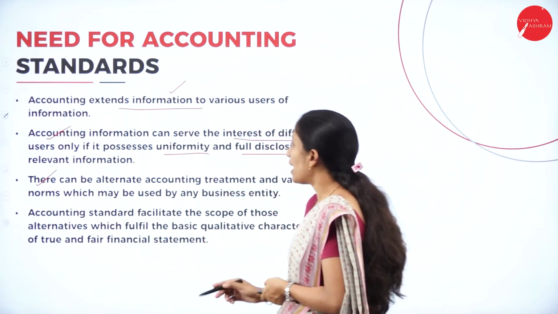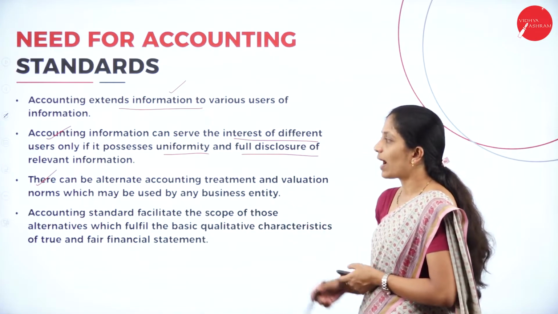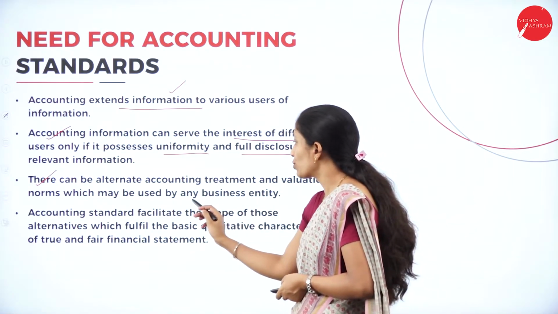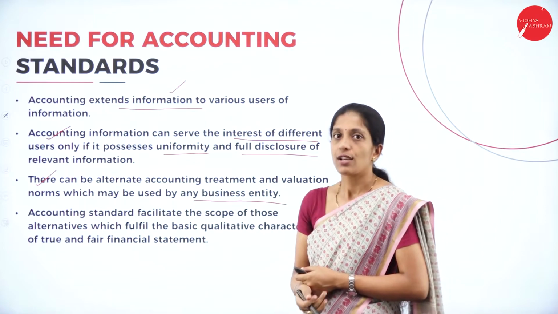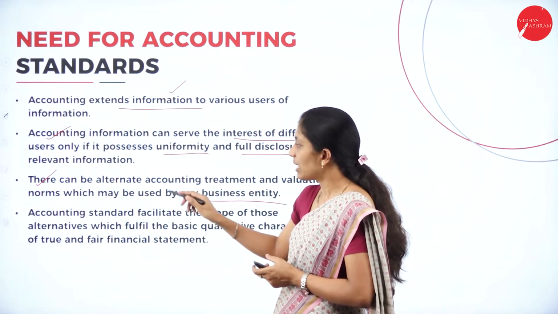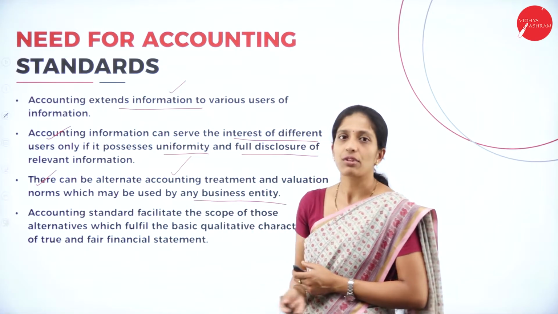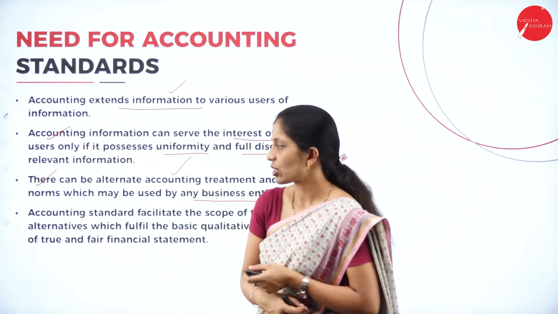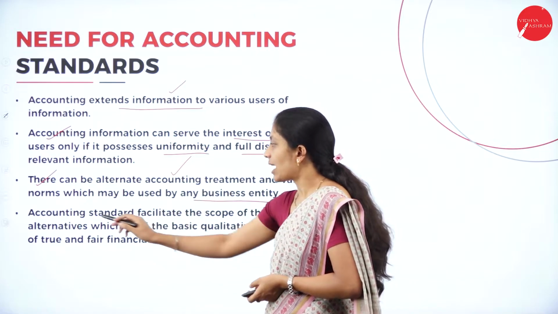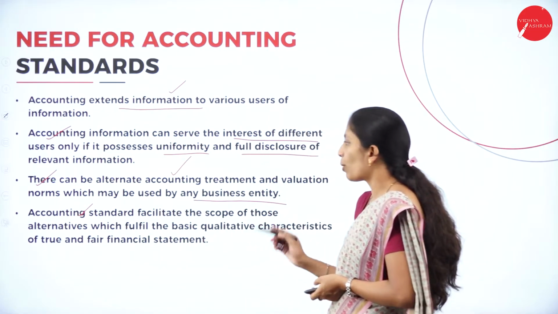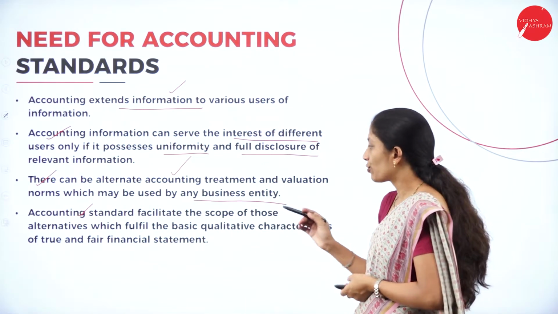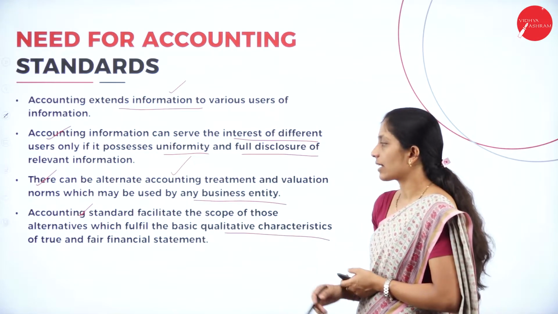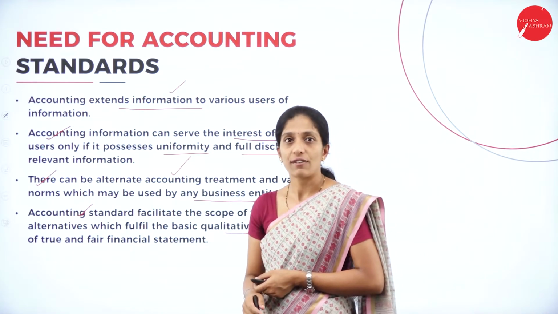Next one, there can be alternate accounting treatment and valuation norms which may be used by the business entity. So, by using this accounting standard, there may be any alternate accounting treatment. So, that can also be identified by the accounting standards. Next, accounting standards facilitate the scope of those alternatives which fulfill the basic qualitative characteristics of true and fair financial